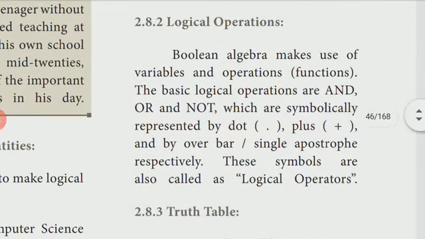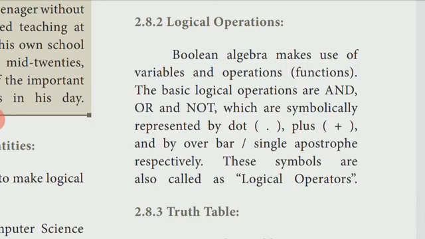Next, we can see the logical operations. In Boolean algebra, we can use some variables and also operations. Those operations are called AND, OR, NOT. These are called logical operations.